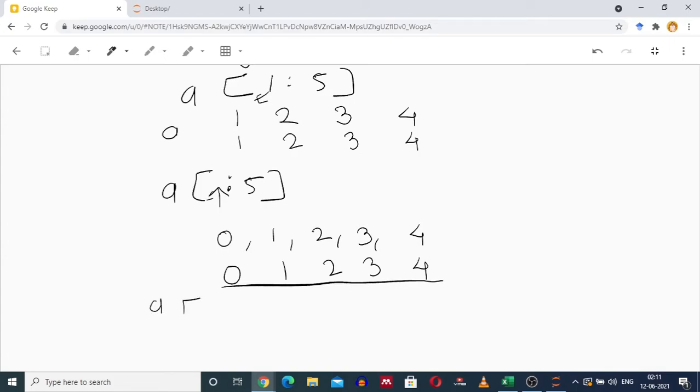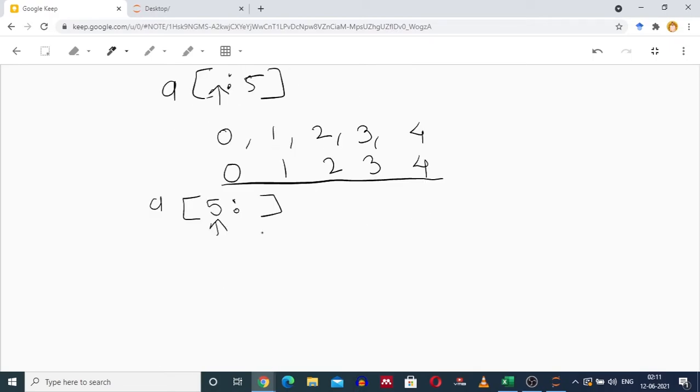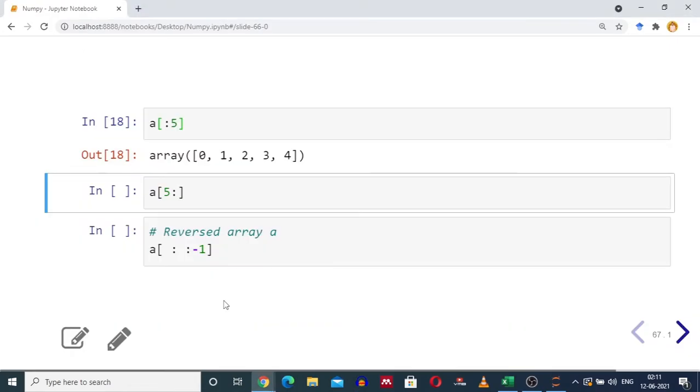Similarly, if you have the first index specified and the last index not specified, we'll start from index 5 and run till the end of the numpy array. So if you have A[5:] and the second index is not specified, you start from 5, 6, 7, 8, 9, 10 and your numpy array ends. The element at index 5 is 5, then 6, 7, 8, 9, 10. Therefore, your output will be a numpy array containing elements from 5 to 10.